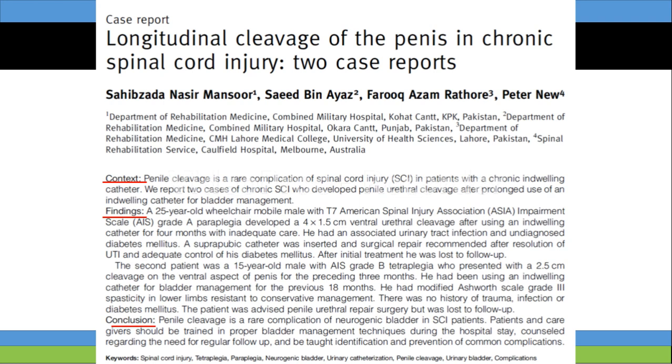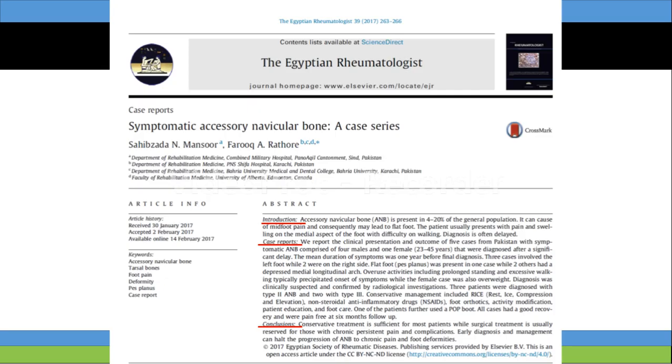So if you want to publish a case report in the Journal of Spinal Cord Medicine, you should follow this structured way of writing an abstract. Again, here is another structured abstract for a case series or case report. It again has 3 subheadings: introduction, case report, and conclusion. So whatever the instructions to authors say, please remember you have to follow them. If it says structured, you follow the structure. If it says unstructured, you go for an unstructured, paragraph-like format.